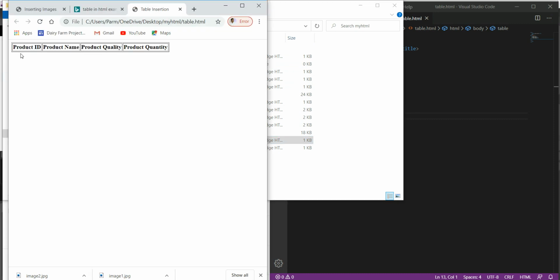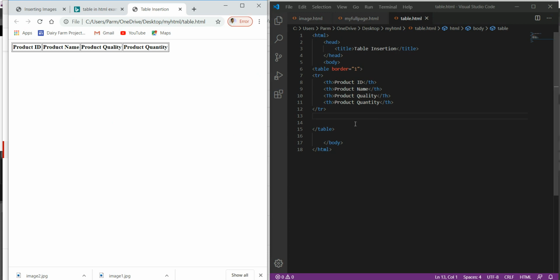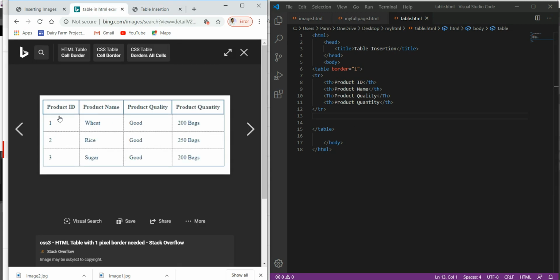Look at this, I have created a table with border 1, and product ID, product name, product quality. In another row we have to set the values: product ID 1, product name wheat, product quality good, and product quantity 200 bags.